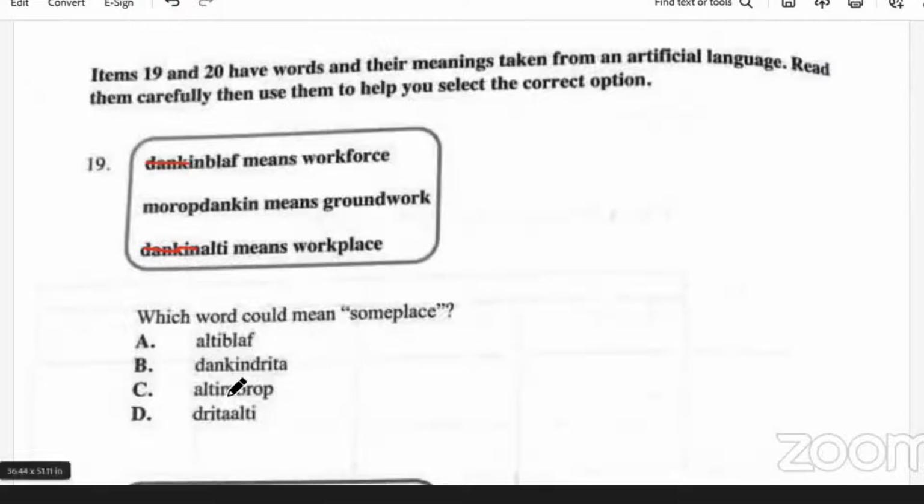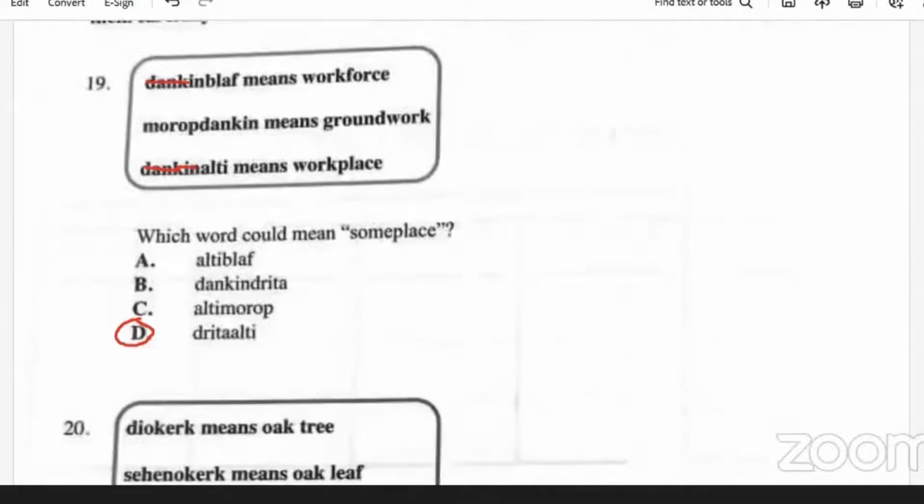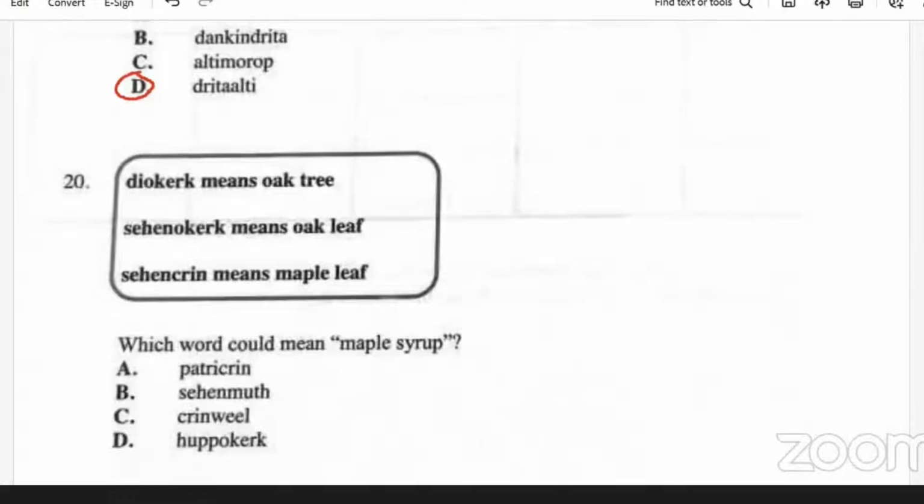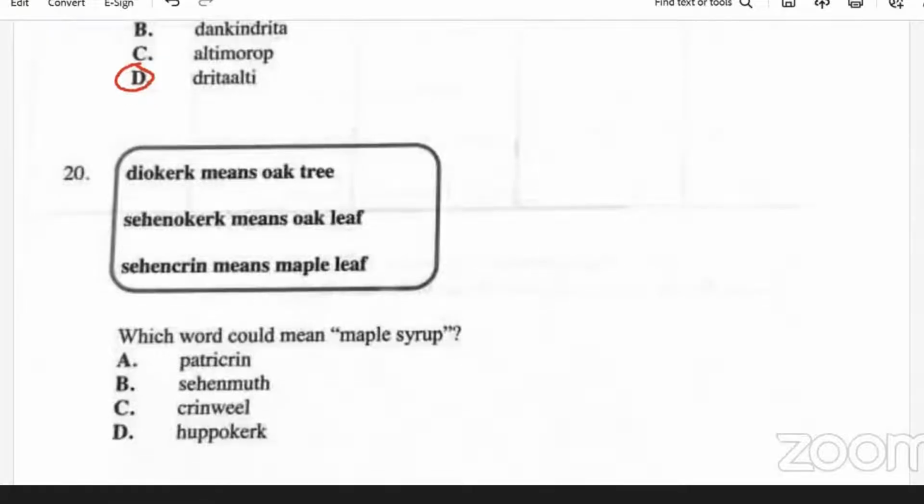All right, so we couldn't use that. More up means ground because, of course, it's at the beginning. So that also could not be correct. So the correct answer is D. Because place should be at the end of the word, not at the beginning, based on how we would read it in the word there. That was question 19. We're now at question 20.